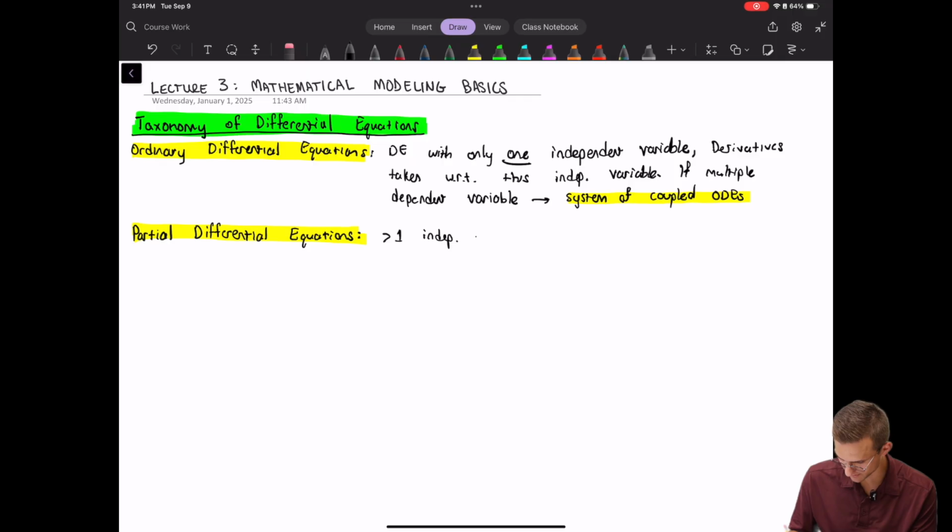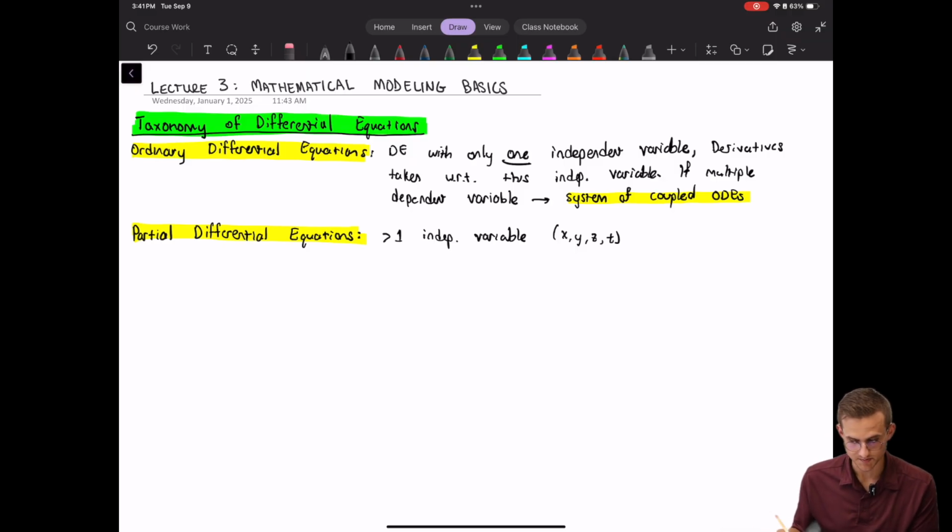In our case, this is often like X, Y, Z, and T. So the 4 spatiotemporal dimensions will be the independent variables that our quantities will depend on,